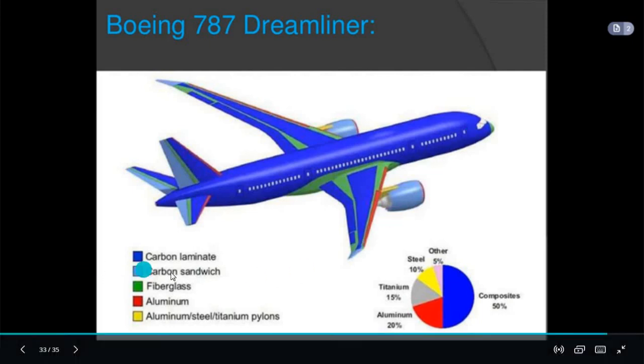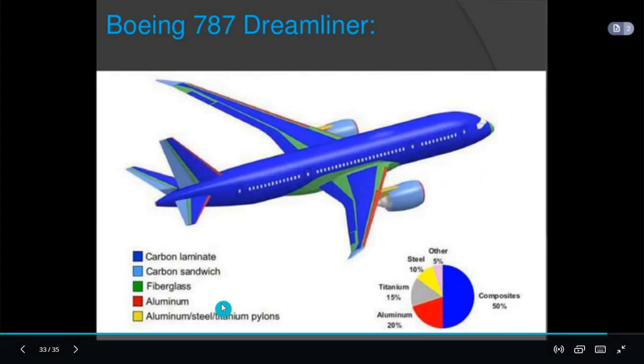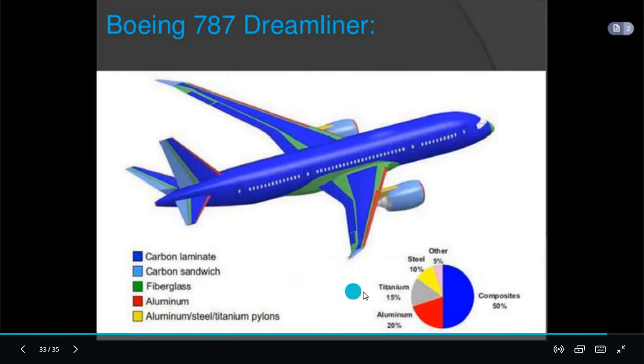The composite material is called carbon laminate material, and the light blue is carbon sandwich. It's also a composite material. So totally 50% of the aircraft is made up of composites, along with fiber, aluminum, and so on. Aluminum is used at 20%, and